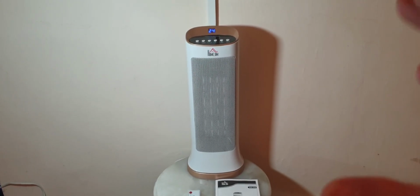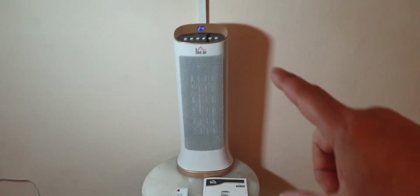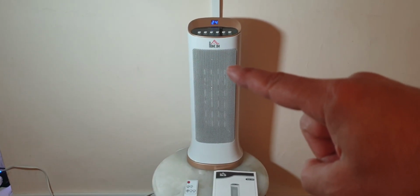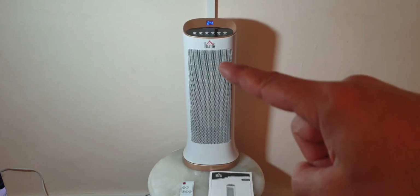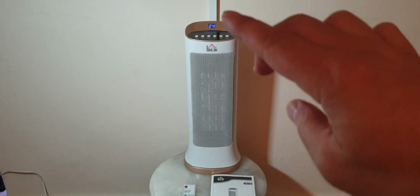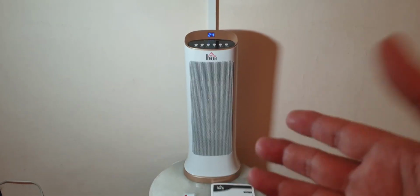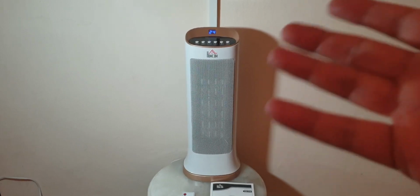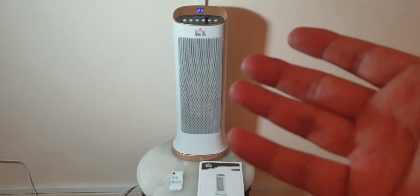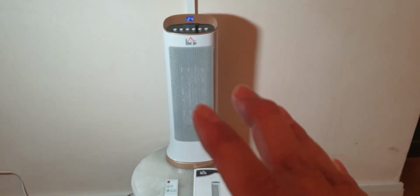more than is necessary for this unit, because as you see, the ceramic heater part is just this part, and then the rest is just empty. So they made it larger in order to make it a little bit more expensive, but there is an offer